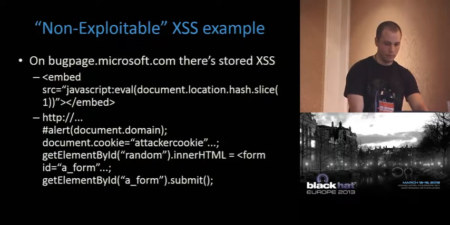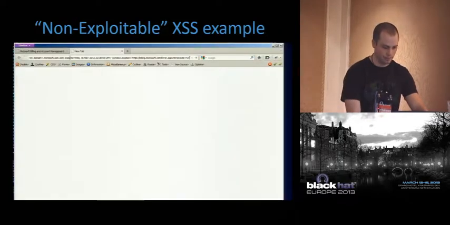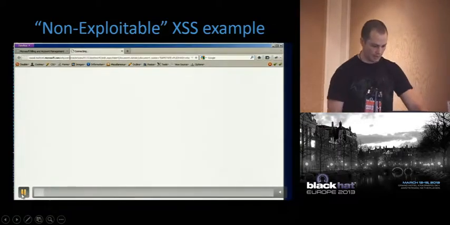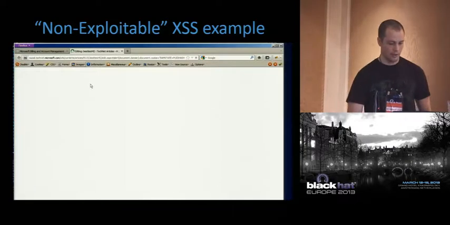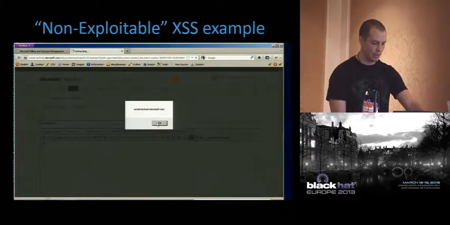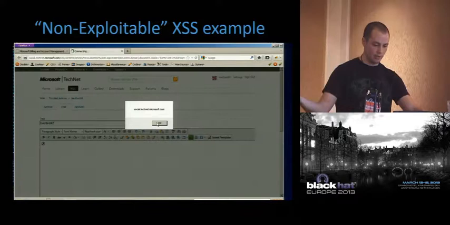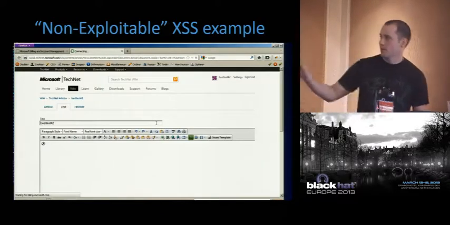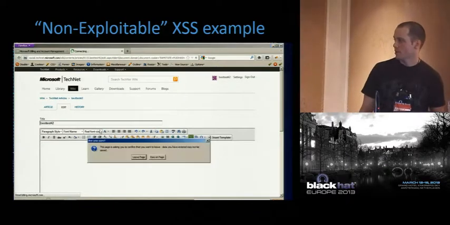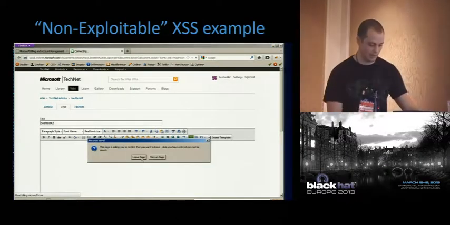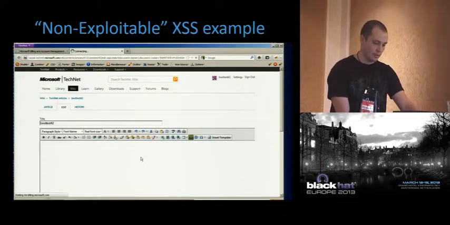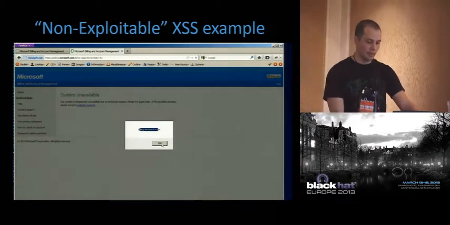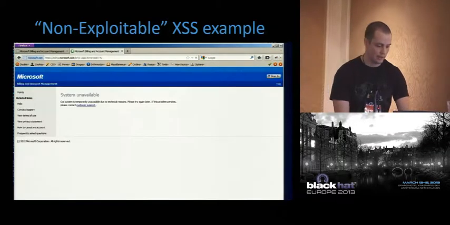So here is some of how I did that. This kind of shows how it works. In this case, bug page was a fixed bug in social.technet.microsoft.com, and it's able to execute script in that subdomain. This actually isn't very exploitable because it asks, "Are you sure you want to leave?" and a real victim would have to click through this. Then it did the CSRF protected post, and now we're executing in billing.microsoft.com, and we can extract content.